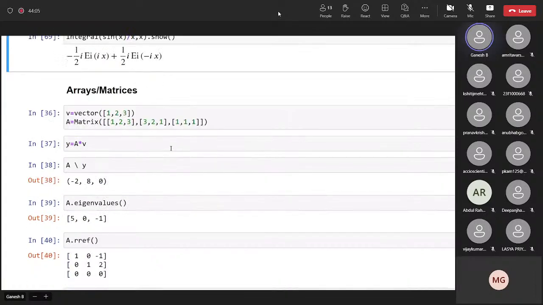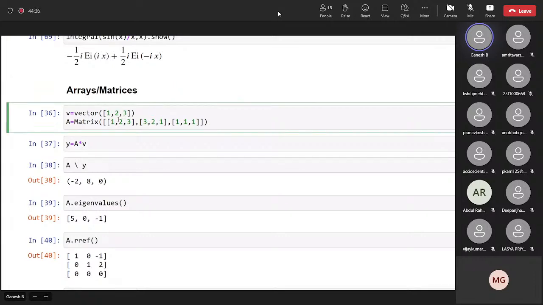Moving on, we'll actually come to arrays and matrices. Arrays are the same as matrices in a sense. So this is how you define a vector and a matrix in Sage Math. B is a vector of 1, 2, 3. What it means is the components of this vector are 1, 2, and 3. It's a 3 cross 1 matrix. A vector is just a column matrix, right? So it shows it as a 3 cross 1 matrix, but actually,